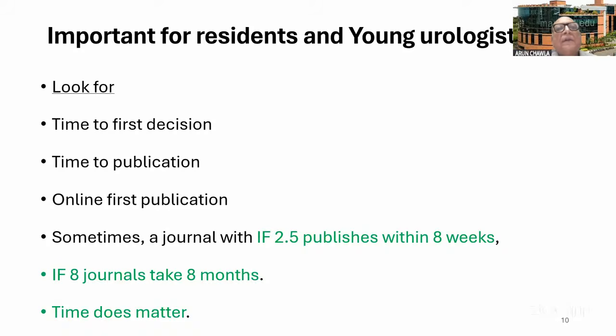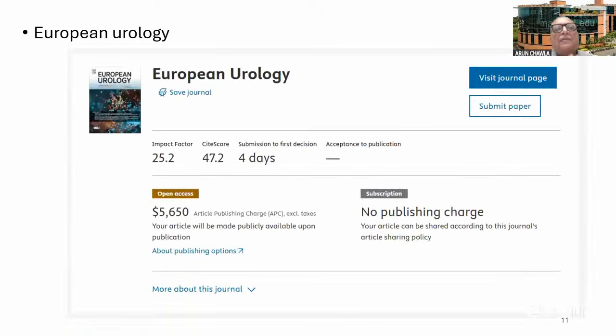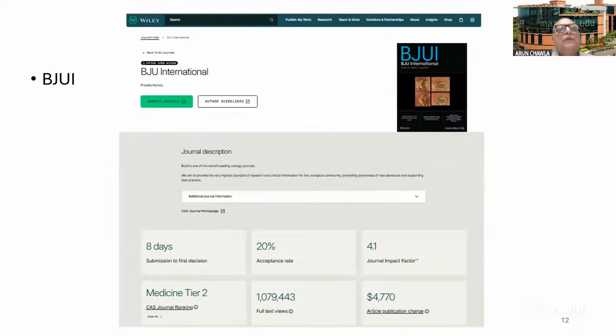So here you see an example of European Urology. It is on their page only. They have written all the things. Impact factor is this, cite score is this, submission to the first decision is 4 days, acceptance to publication is around 40 days. If you take another